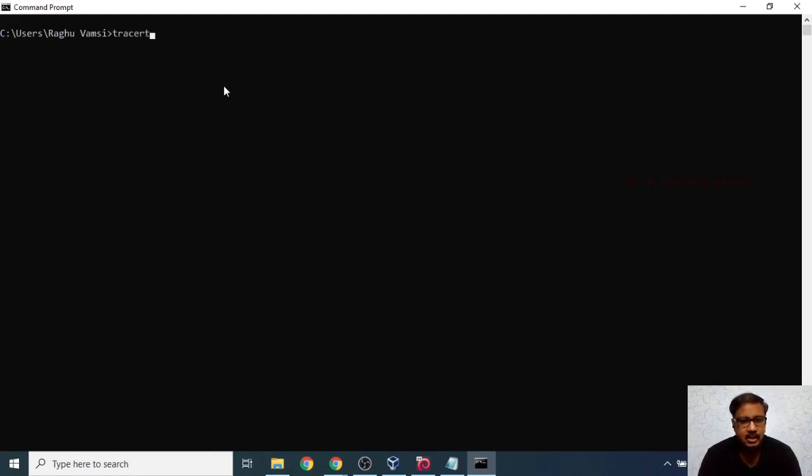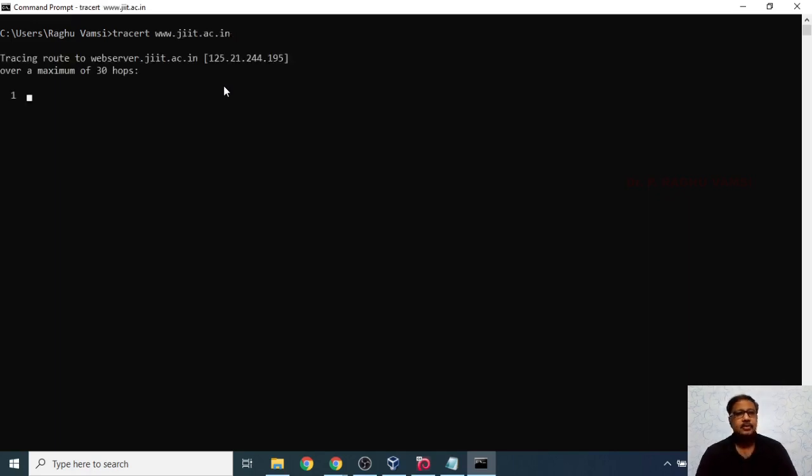Traceroute www.jit.ac.in. So trace route to the web server jit.ac.in, the web server address is 125.21.24.195. So it will give you a maximum of 30 hops between your computer and the destination server.